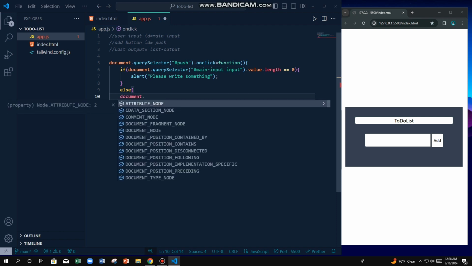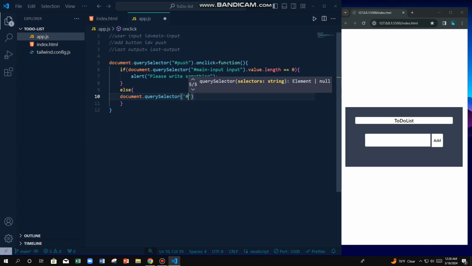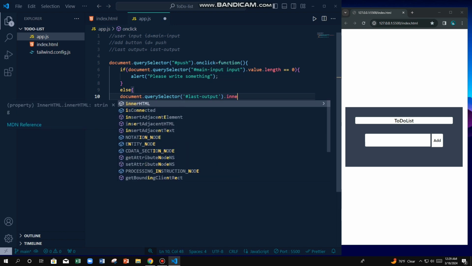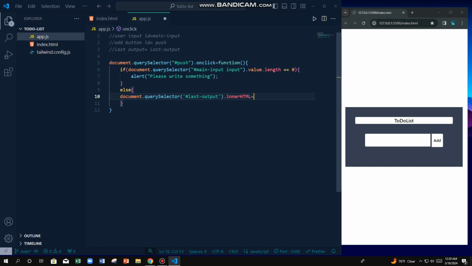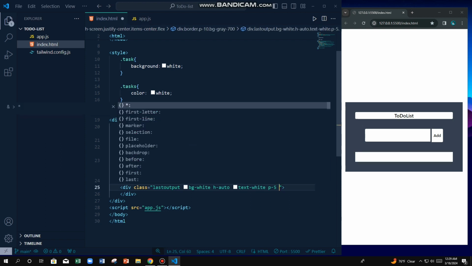And generate the else function, when we write some value, then we can show our input inside the div. So let's work. Inside the else function, document dot querySelector last output dot innerHTML. We can use backtick. Inside backtick, we can pass our input's value to our output section's div, and